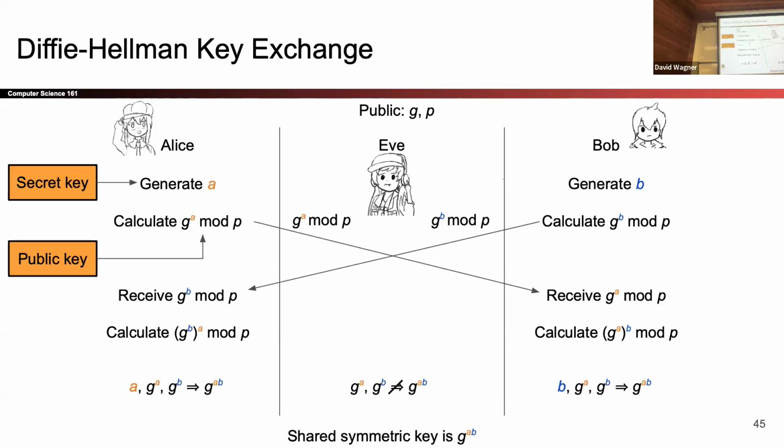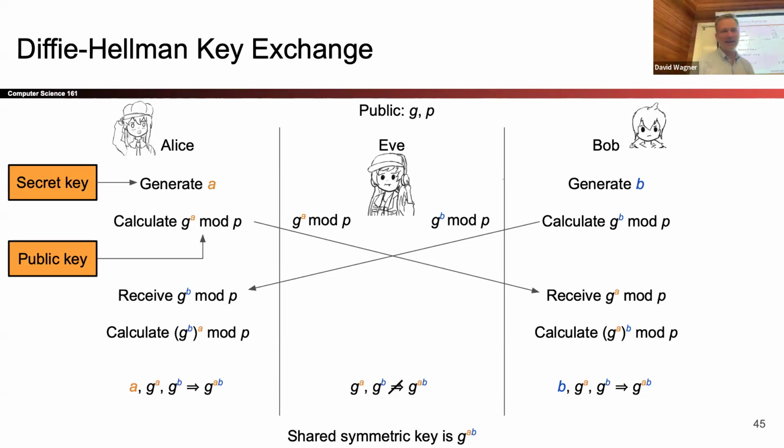You would think it might help the attackers, because the attacker knows g and p. But here's the magical thing. Even when the attacker knows g and p, we still haven't figured out any way that would help an attacker. We tried all these number theory ideas and none of them seem to help an attacker predict the final value. It's kind of mysterious why that should be, but it's related to this discrete log issue: we know how to exponentiate, but we don't know from g^a how to get back to a. And that's a way that modular arithmetic is different from normal numbers. With normal numbers, there are efficient algorithms to exponentiate and to compute logs, but modular arithmetic